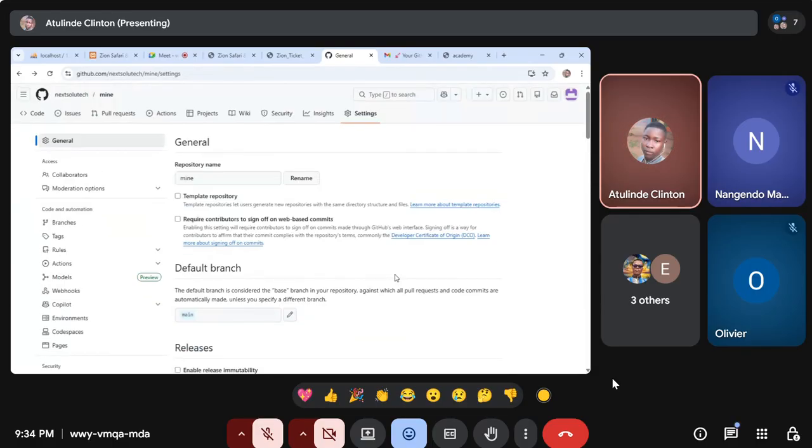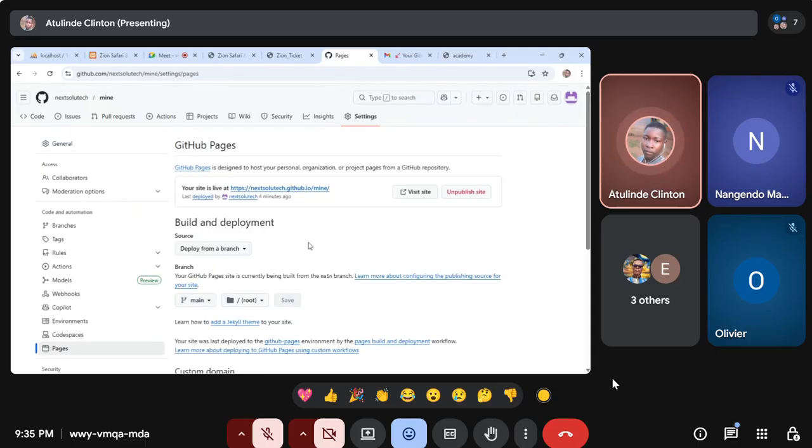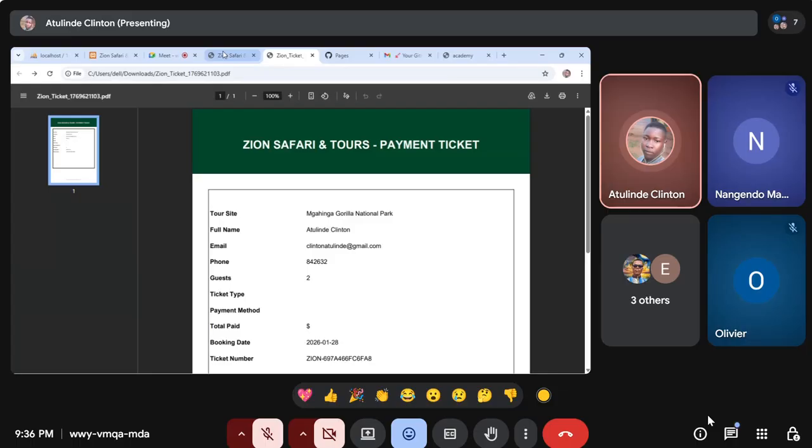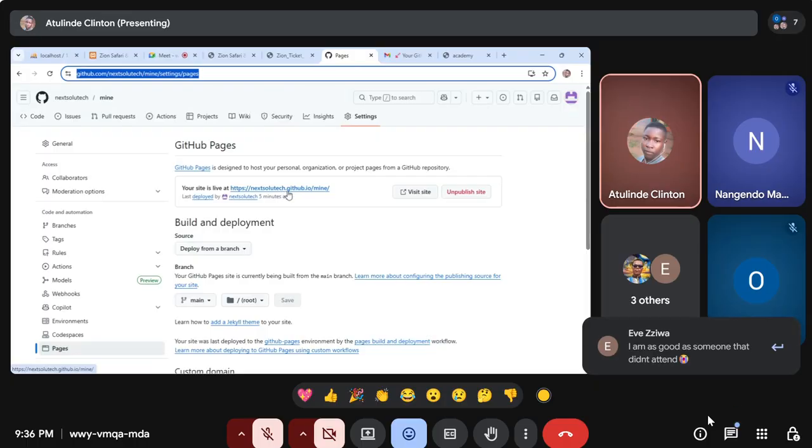Because now, when you look at this, they're telling us, let me try to check here. For it, it is direct on GitHub. It is free, you can't decide the domain you want. That's why they are giving us a github.io address, because you're hosting freely on GitHub Pages. So that's what I had for